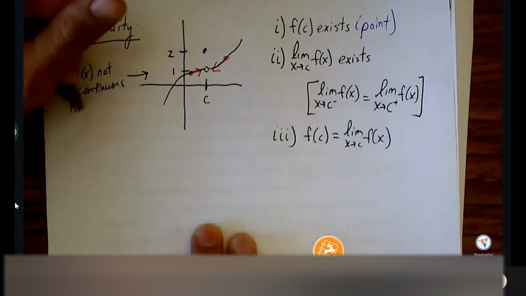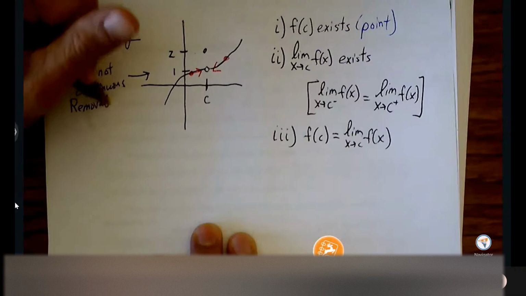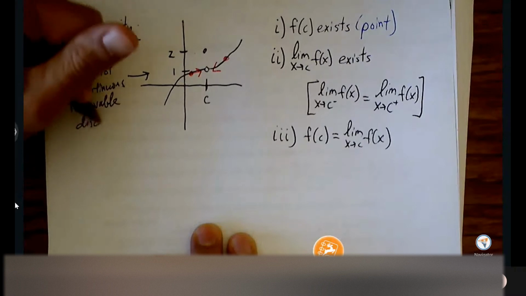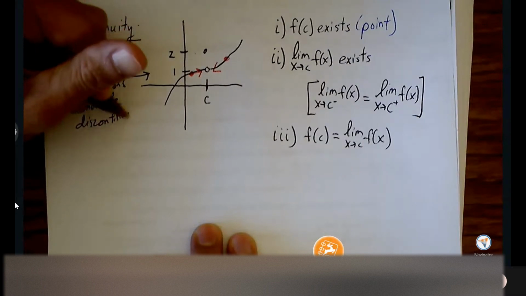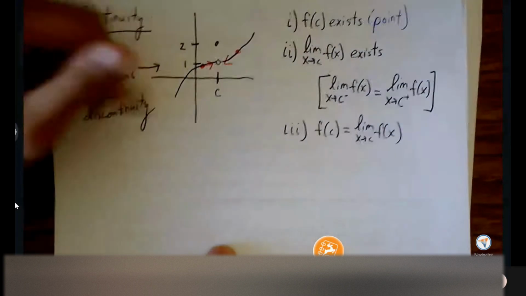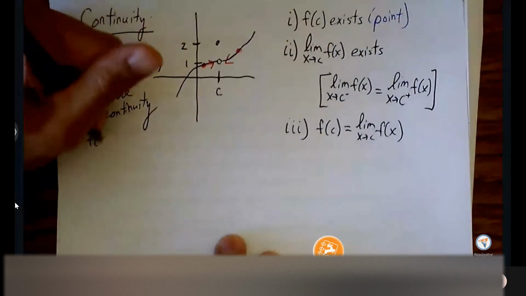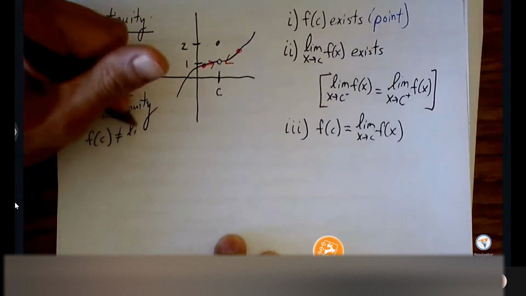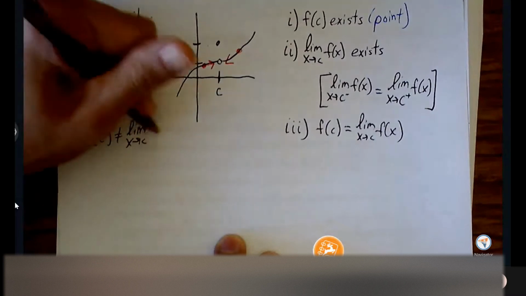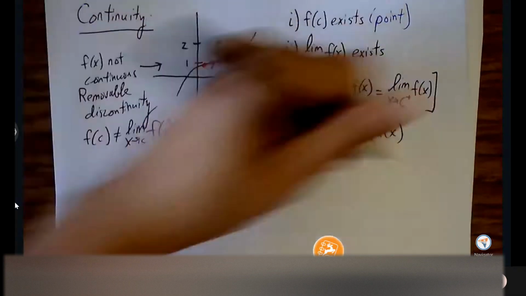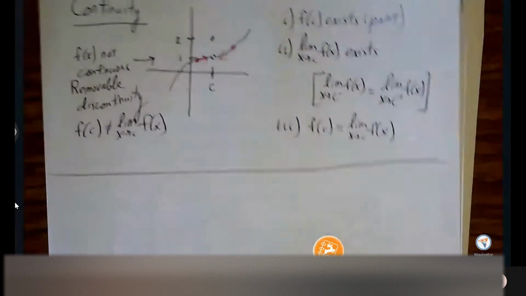And we call this a removable discontinuity. Okay, because the third condition fails here. So that's how we determine continuity